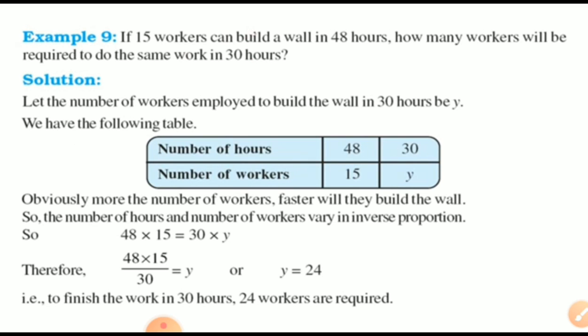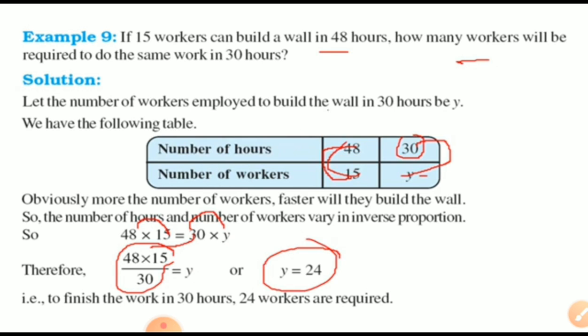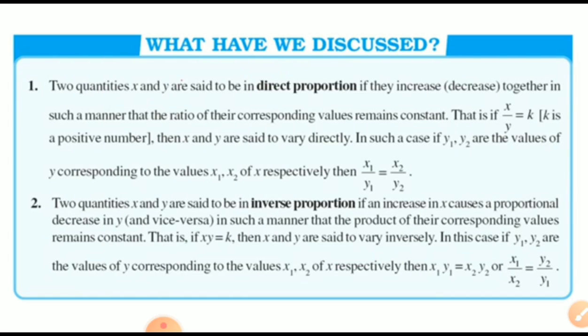Example number 9, if 15 workers can build a wall in 48 hours, how many workers will be required to do the same work in 30 hours? बेटा क्या हो गया, इसमें 48 आवर्स थे, उसमें से 30 आवर्स में काम खत्म करना है, तो क्या करेंगे, टाइम कम है, तो वर्कर कम लेंगे ज्यादा लेंगे? यस यू आर राइट माय डियर स्टूडेंट्स, हियर वर्कर्स शुड बी इंक्रीज्ड।